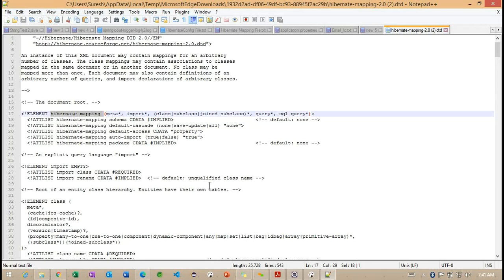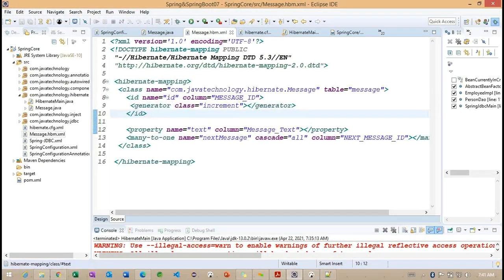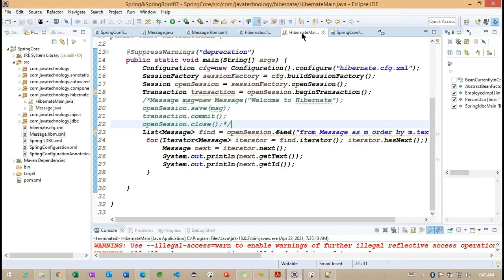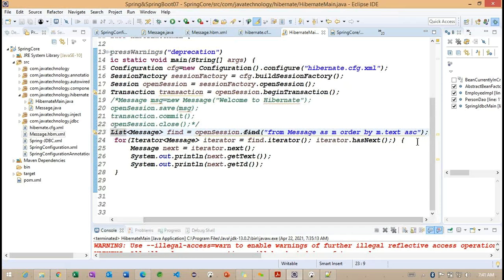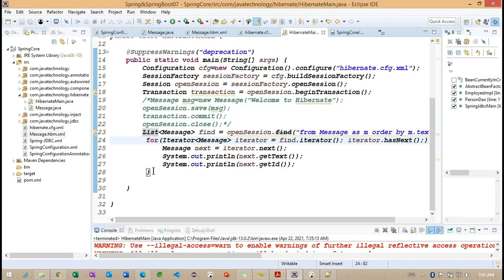Back to here. We identified some of the information contained inside this particular DTD file. Along with the DTD file, we identified the name of this particular mapping file, and after this, we identified the configuration file. So back here, I want to provide one more piece of information. Let me comment out this particular map section.